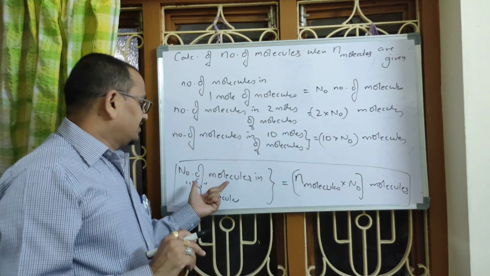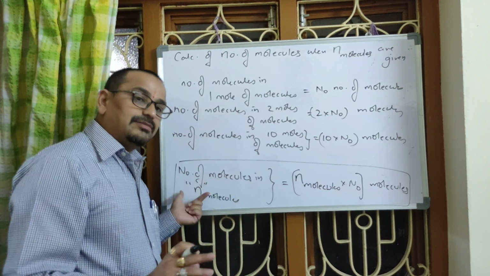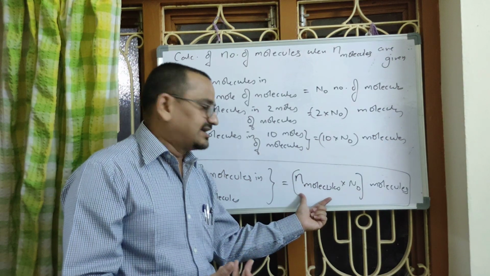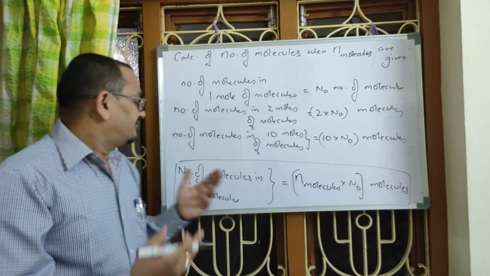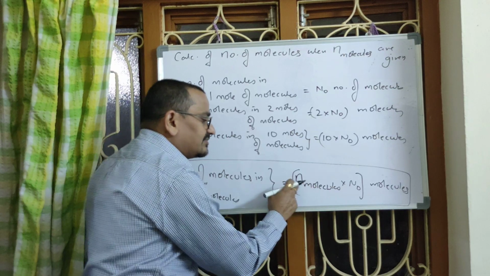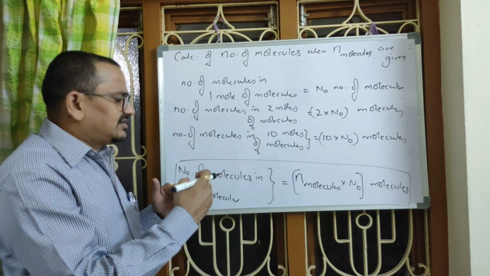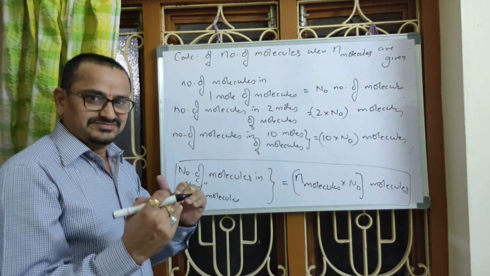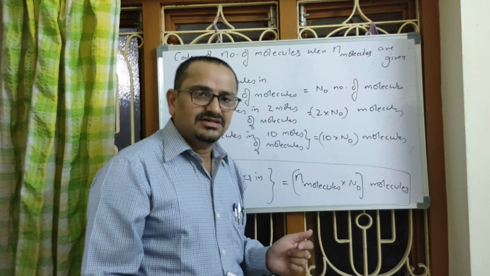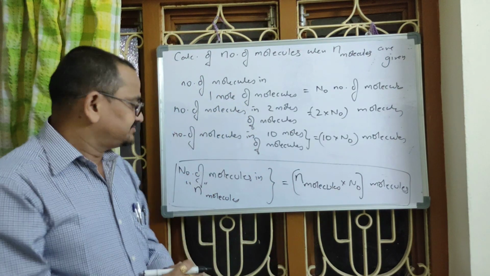Once again, when number of moles of atoms are given, how do you find number of atoms? Number of atoms in n moles of atoms equals given number of moles of atoms into Avogadro number of atoms, right? When number of moles of molecules are given, instead of atom, when molecule is given, here number of moles of molecules, those many molecules, right? This terminology may be a bit confusing for a first learner. You have to catch the terms properly. So here also molecules, there also molecules. If any sort of confusion is there, go through the slide once again, right?